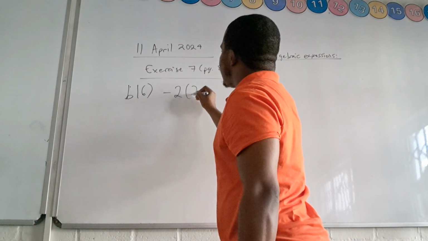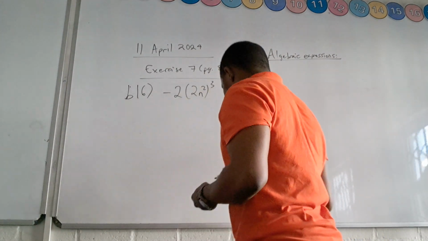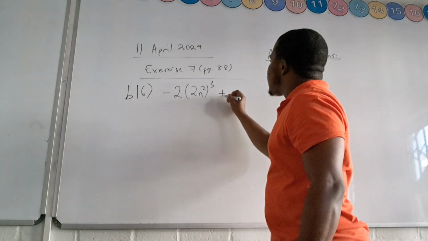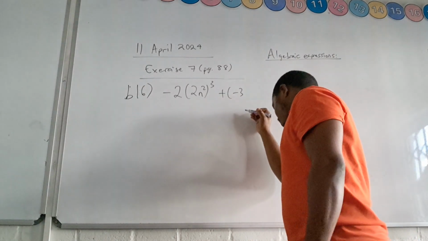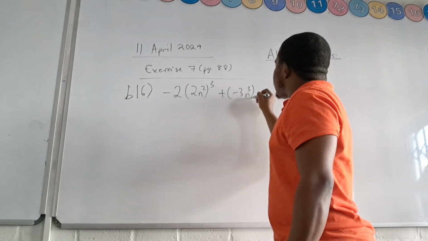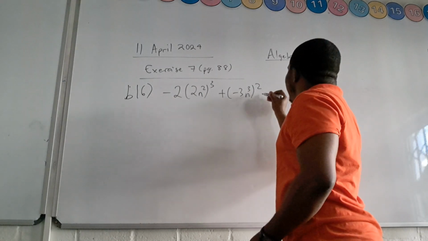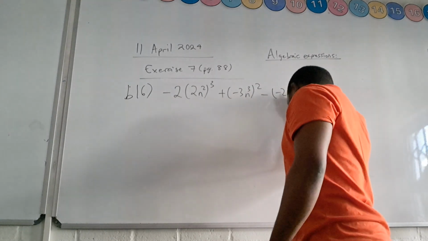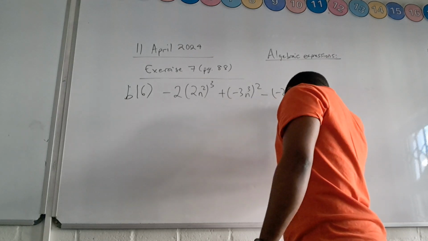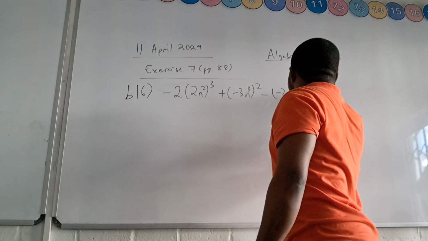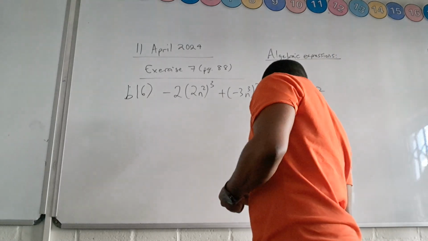Negative 2 multiplied by 2n squared raised to the power of 3 plus negative 3 n cubed squared minus 2n squared multiplied by negative 2 and